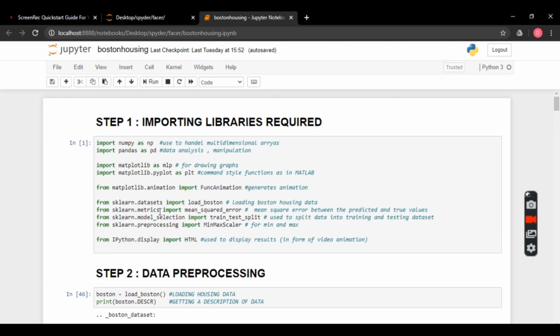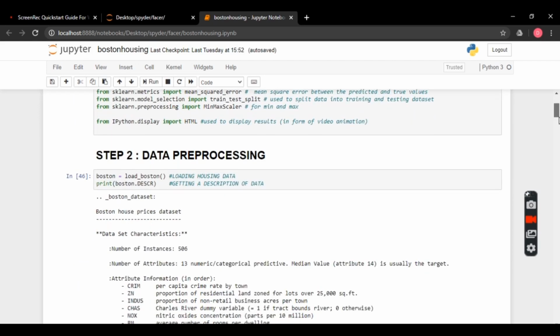And then we are importing mean squared error, which shows the error generated by our code while predicting the values. Then we are using train_test_split to split our data into training and testing data sets, and MinMaxScaler for minimum and maximum. IPython display is used to generate animation of our data.